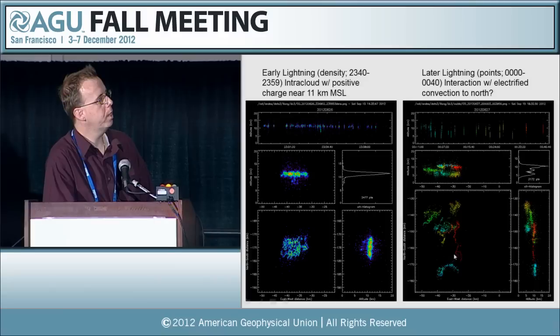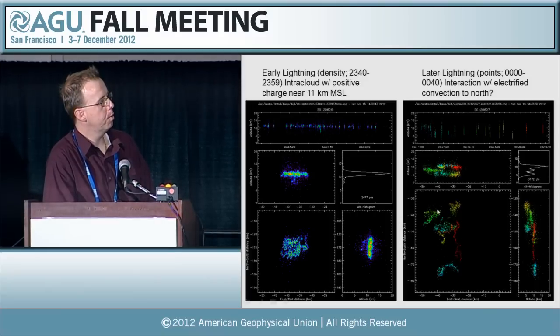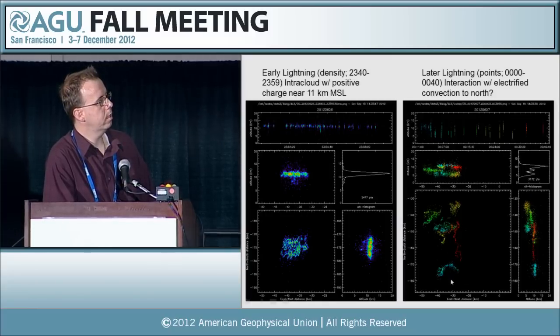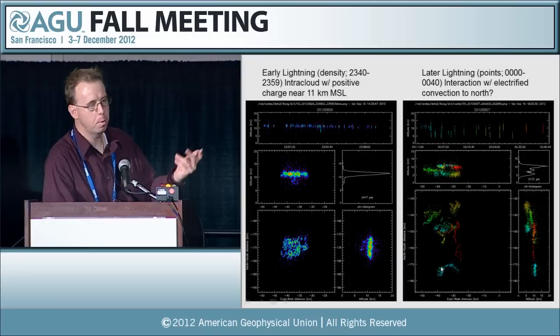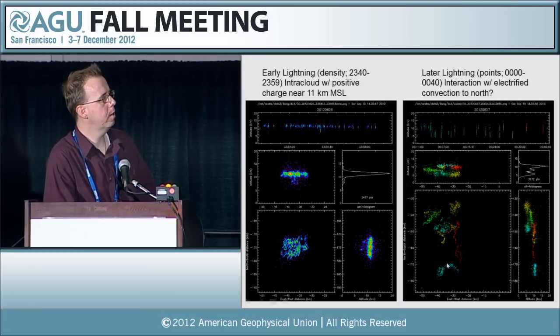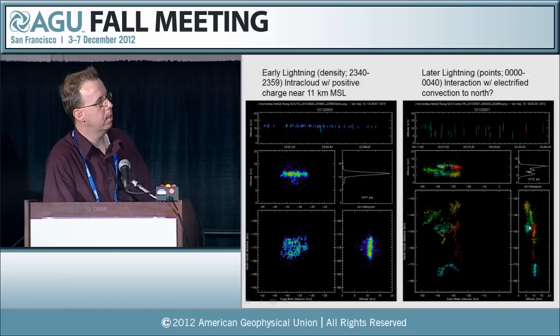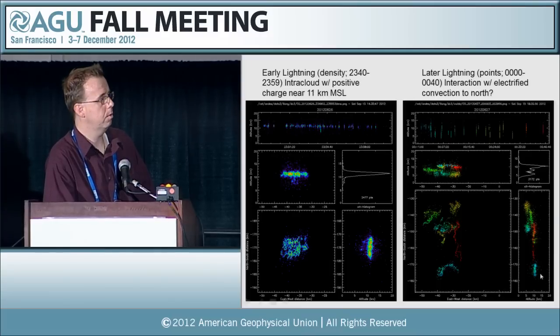Later on, I show points, and this is that northern convection. Oops. This is that northern convection. This is the last bit of the plume lightning, which again occurred over about a 1 to 2 hour period, very intermittent. And this is that flash that kind of connects them. And you see it goes out on what appears to be an upper level positive charge layer out towards the plume.